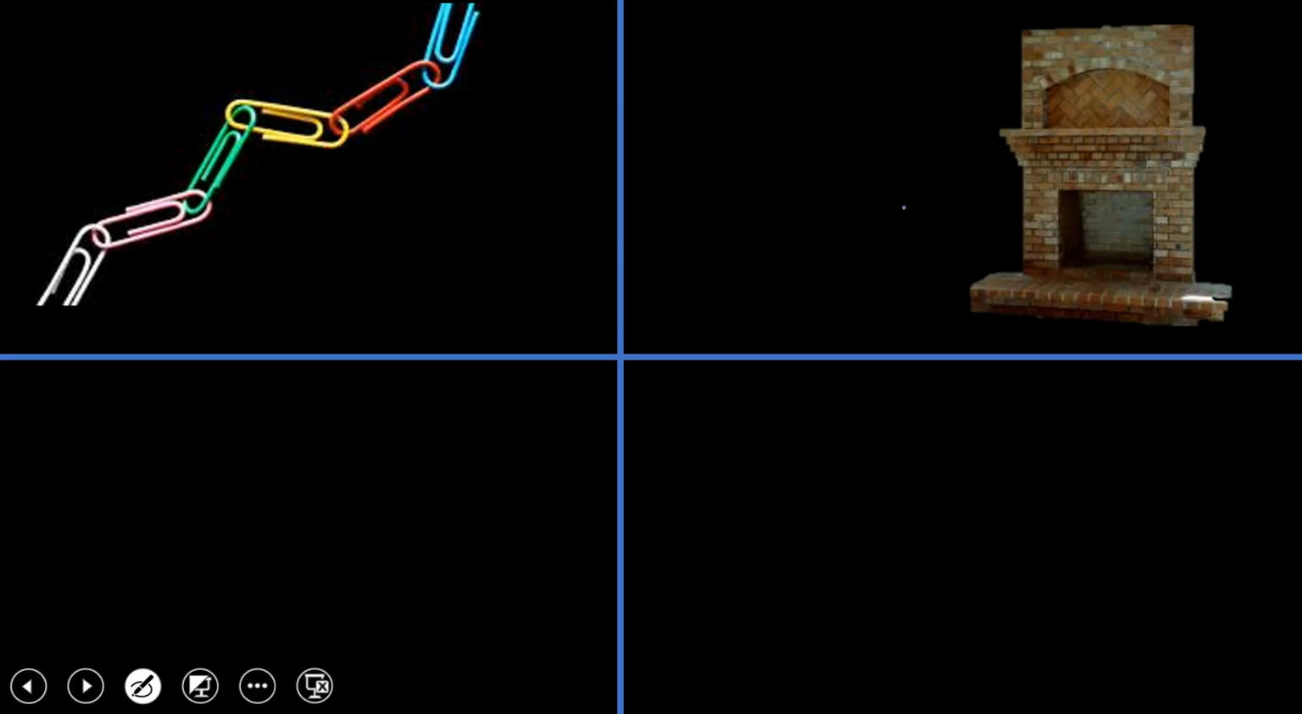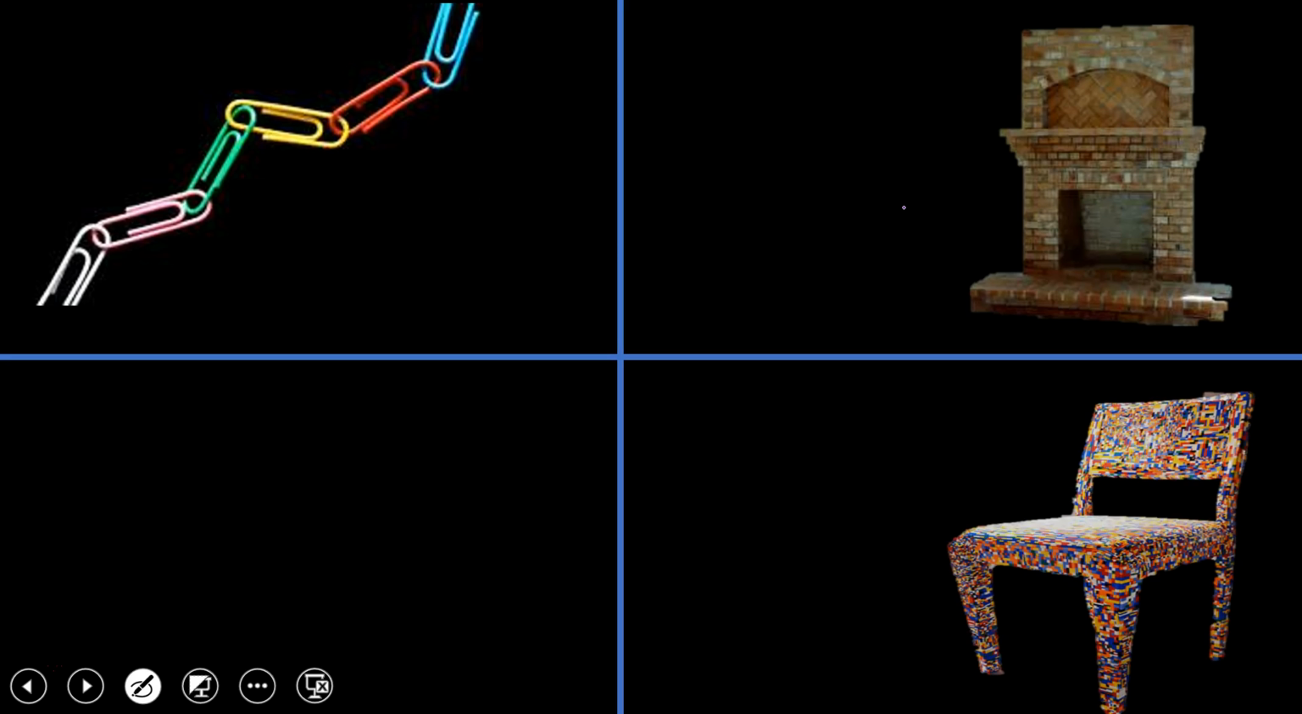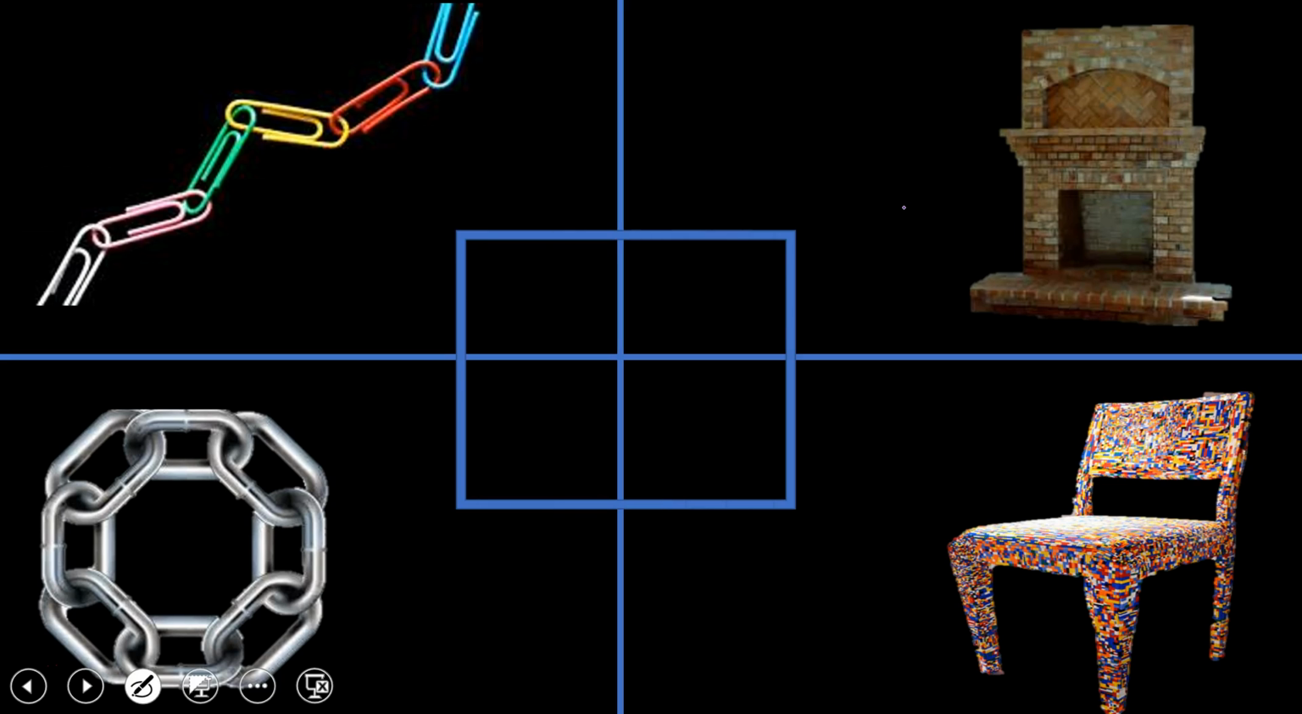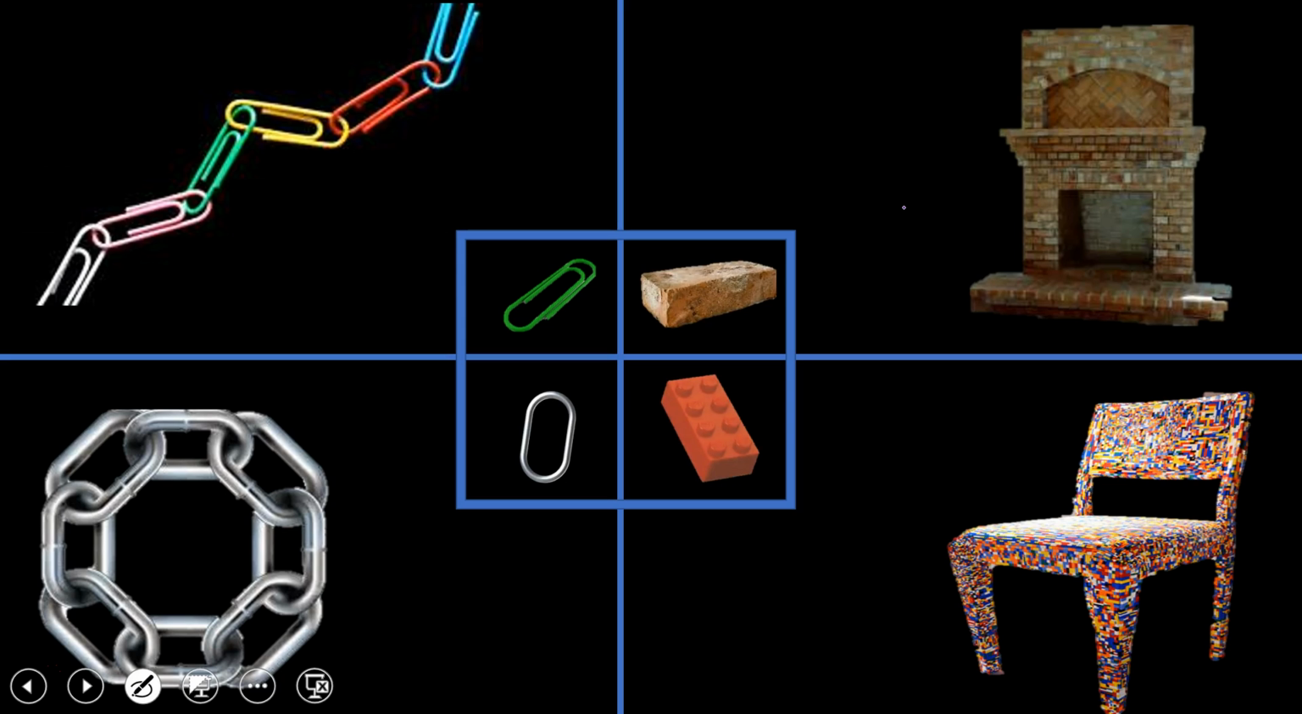If I show you these four pictures, we have a link of paper clips, a fireplace made up of bricks, a chair made up of Legos, and a ring made up of chain links. What do all four of these pictures have in common? Well, each one is a large structure made up of the same repeating subunits. Okay? So,